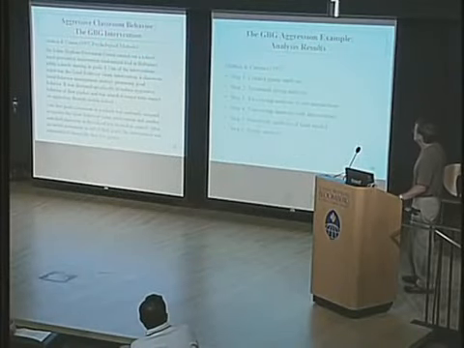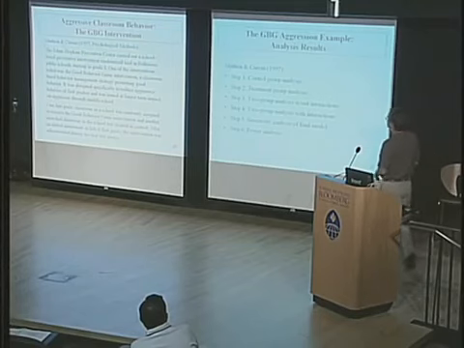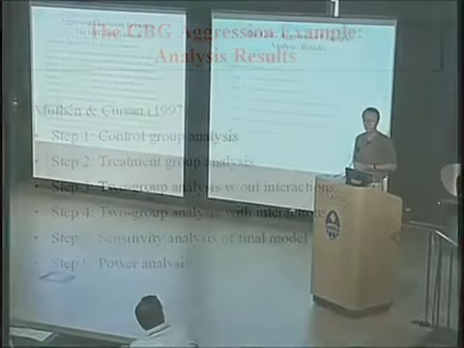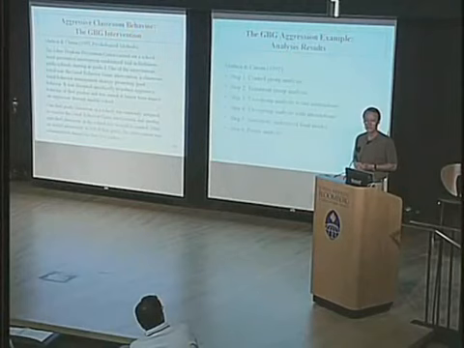And here's a set of analyses that we did. It's a multiple group setting, so we did an analysis of each group separately, and then a joint two-group analysis in the sense that we talked about, with and without interaction. By that I mean that one of the key questions was, is there a treatment baseline interaction? That is, for instance, are kids who are high aggressive in the fall of first grade before the intervention, will they benefit more or less